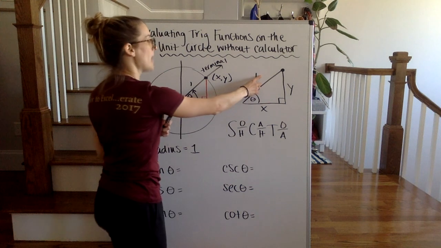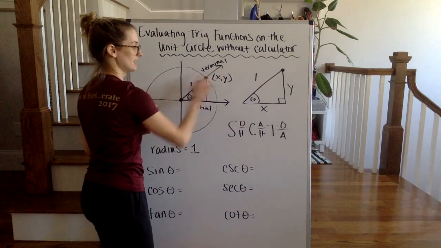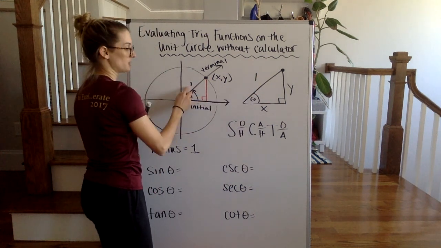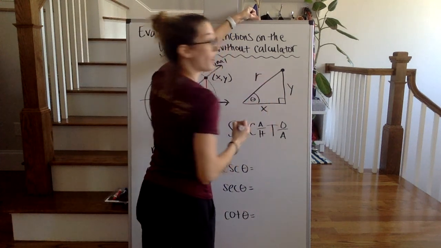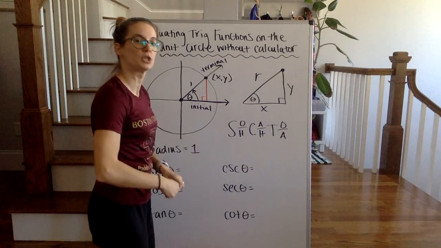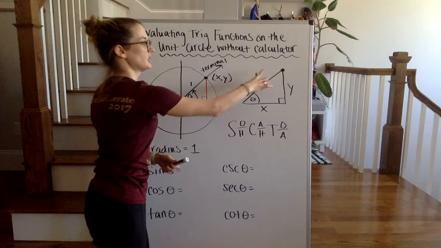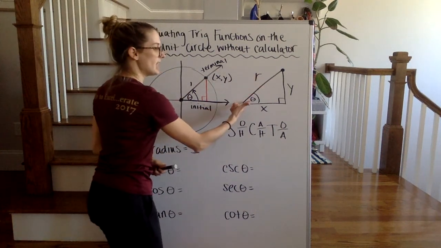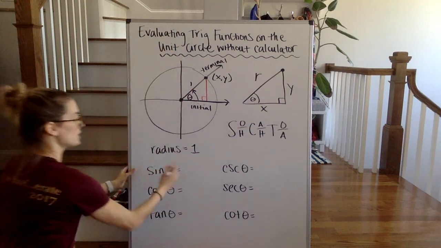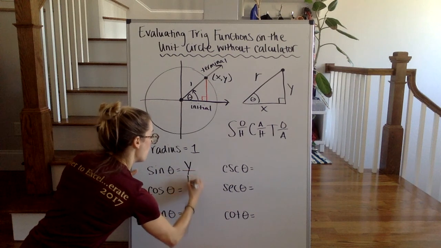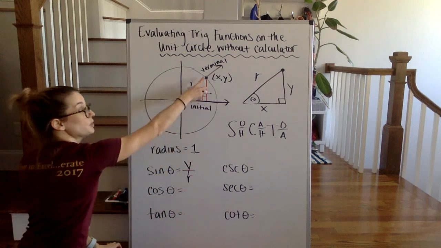And I want you to think back to what did 1 represent? 1 is the hypotenuse in that triangle. It's also the radius. So I'm going to call this r for now. I know the radius of the unit circle is 1, but let's be a little more general. Let's just refer to that as the radius. Sine of this angle is opposite over hypotenuse. It's y over r. So the sine of theta is whatever the y coordinate is on the unit circle divided